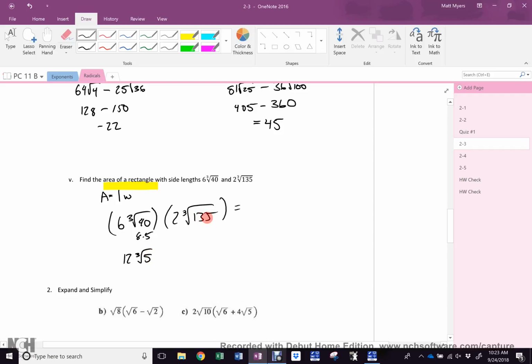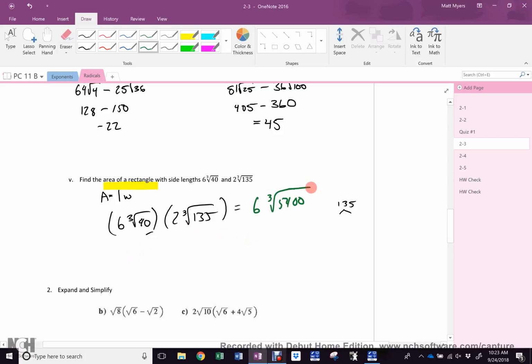But what if you can't picture a cube root there? Do you have options? Could you break 135 down the old-fashioned way? Would that be okay? Could you leave it as 5 times 135? And then simplify that? That's cool too. Do I care? No. Now, in this case, if you go to here, 6 cubed root